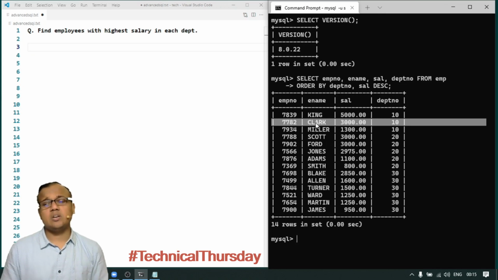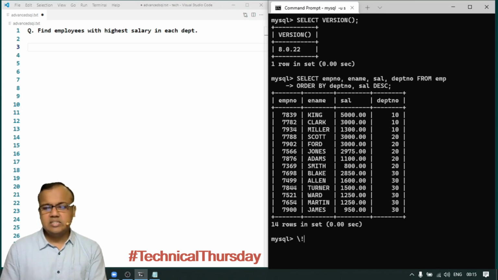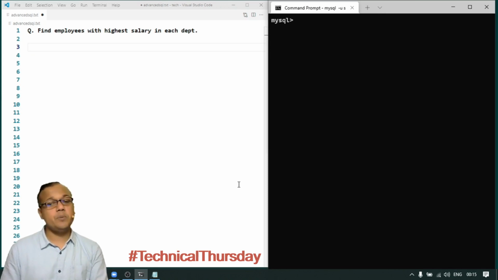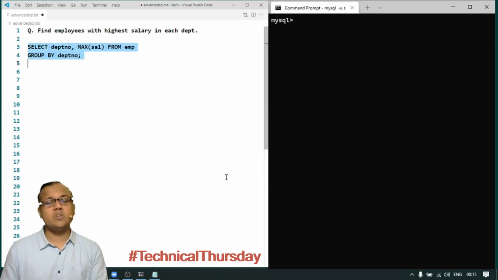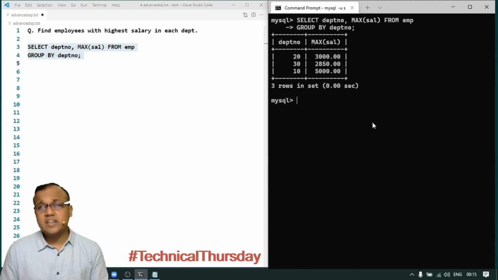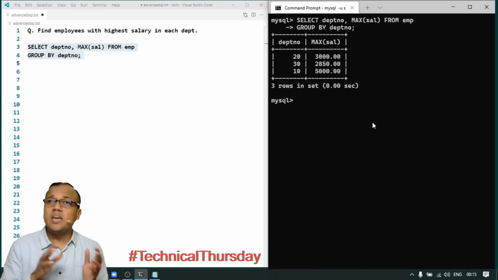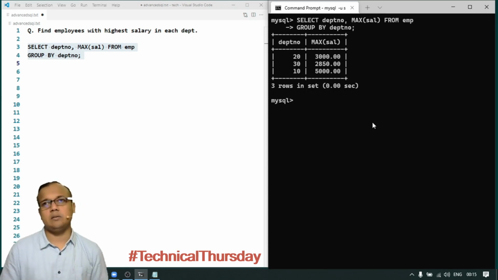To find out the highest salary, the easiest thing people usually try is to go with a group by query. With the group by query, I will definitely be able to find out the maximum salary in each department. However, our problem statement is to find out the employees with the maximum salary.